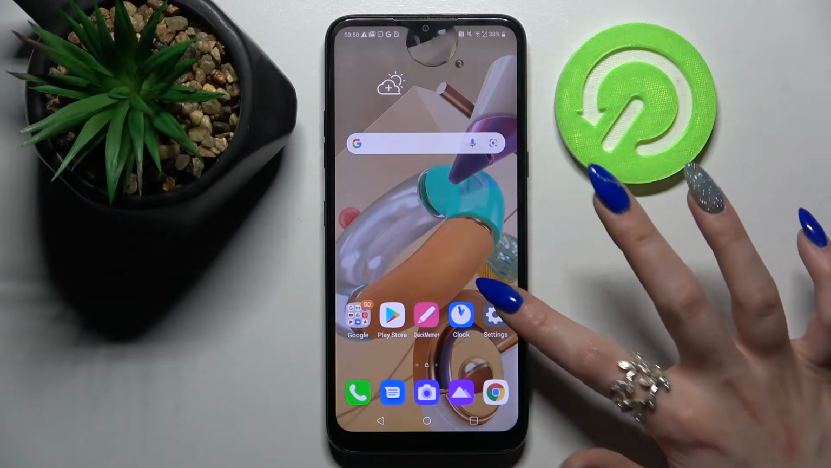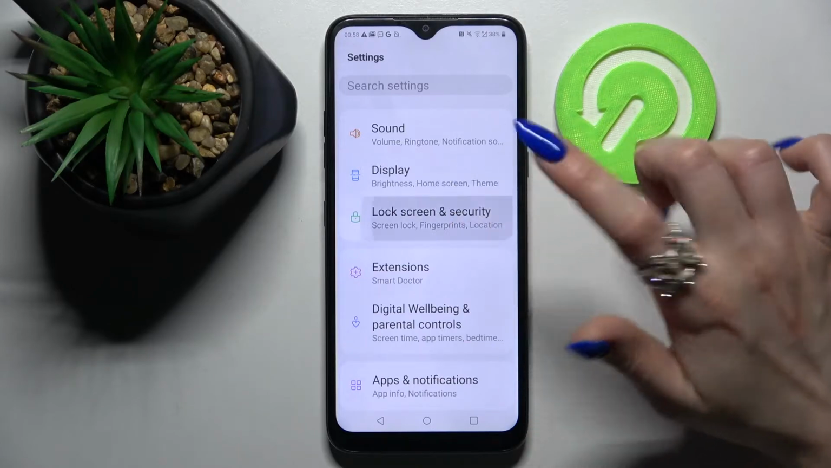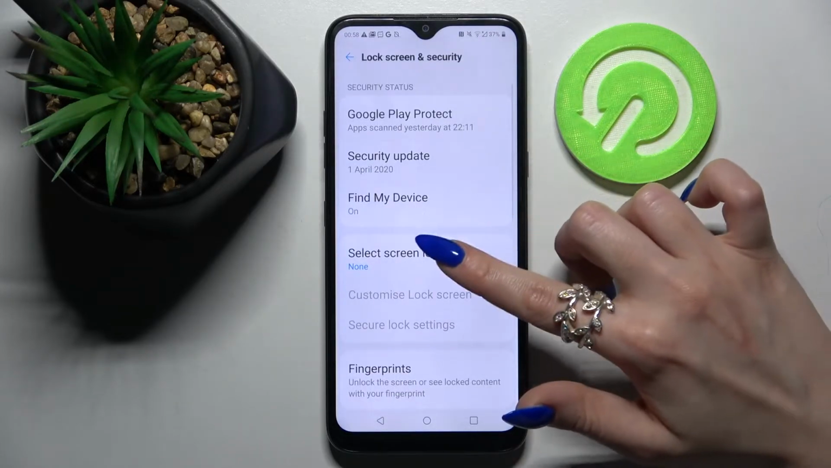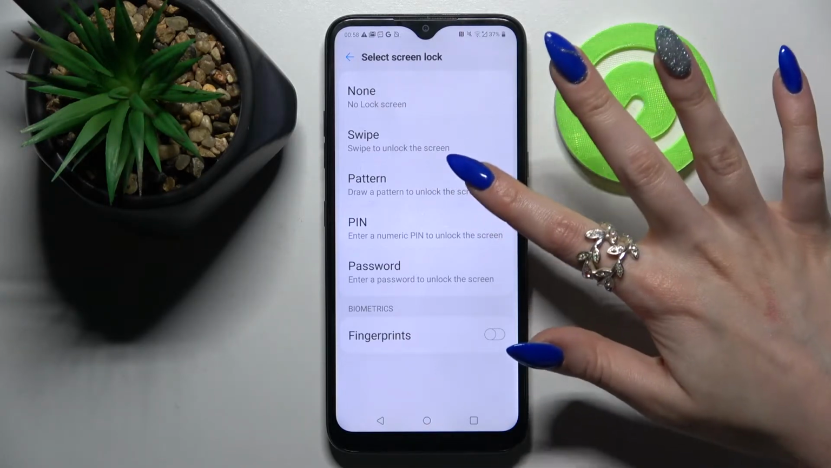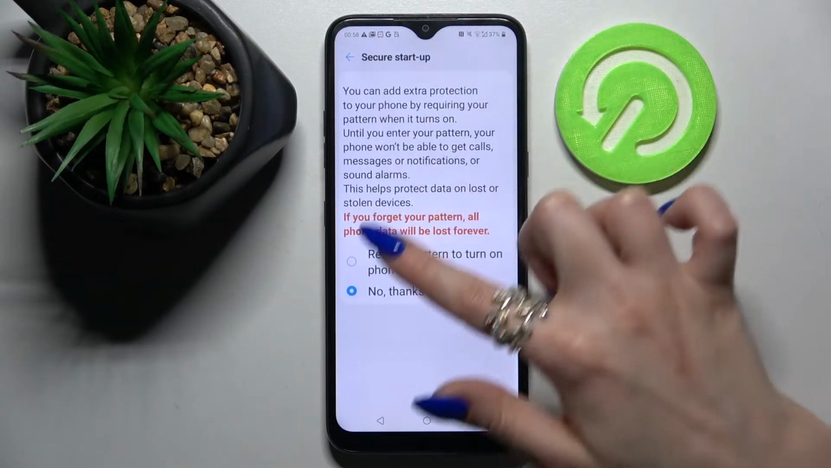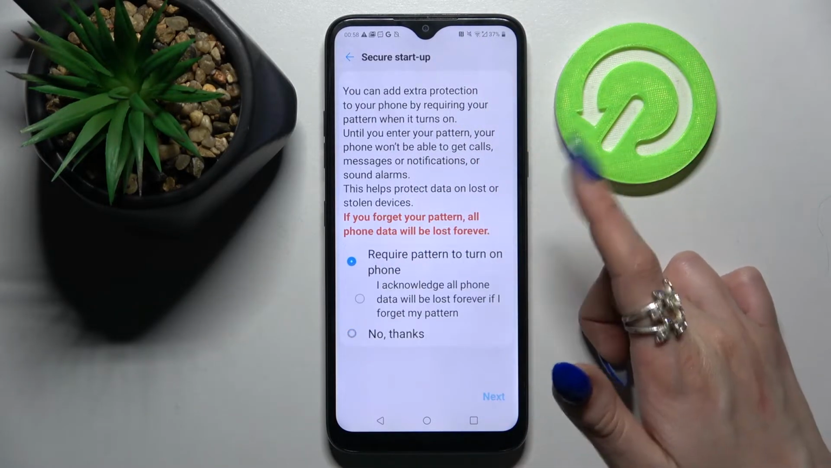Firstly, go into Settings. After that, you need to scroll down and select Lock Screen and Security. Then click on Select Screen Lock and pick one of those login methods: swipe, pattern, PIN or password. Tap on the best one for you, and then you can click on Require Pattern to turn on phone, or